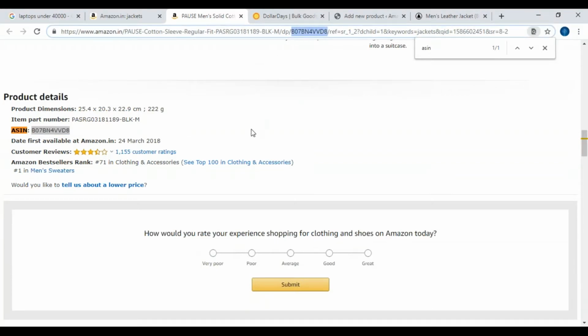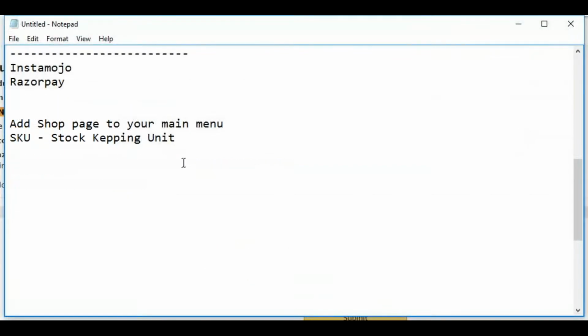Similarly, you have to create one unique number for your products for your website. So how to do that? Say your website is Digital Rajesh. So what you do is DR00001. So this becomes your SKU.